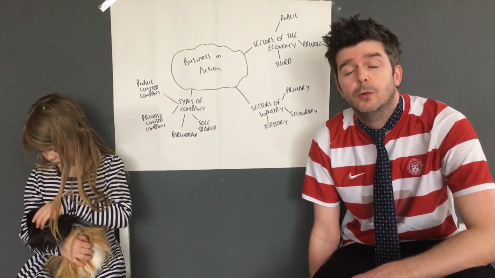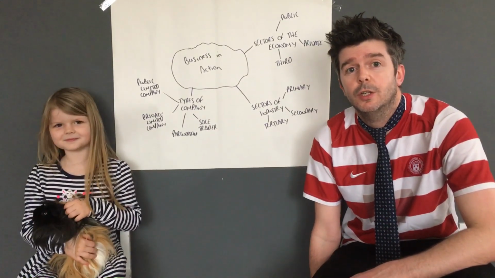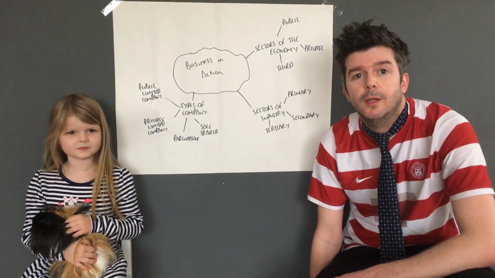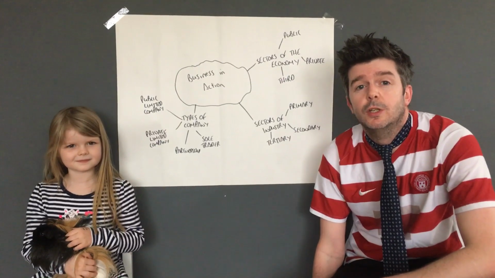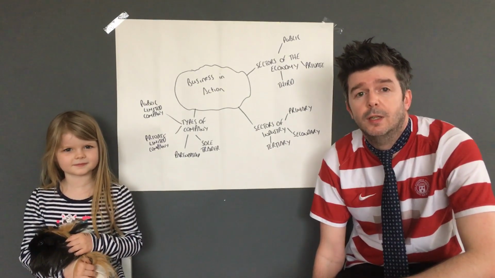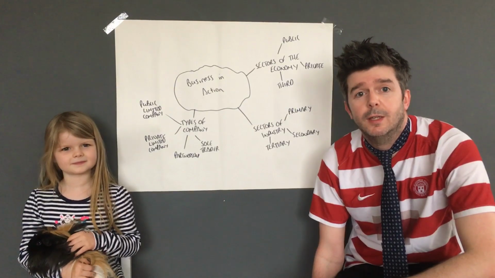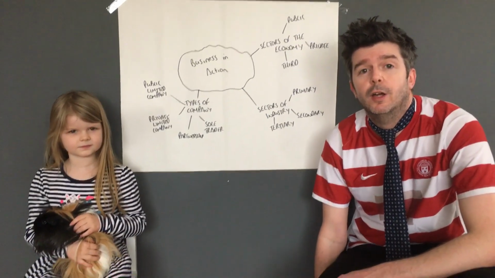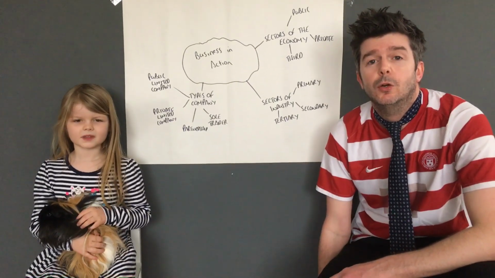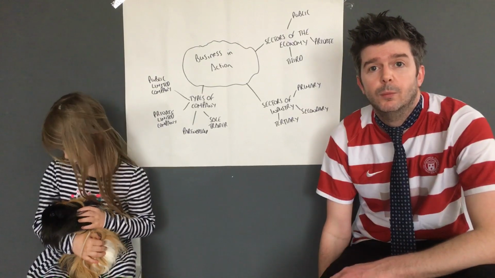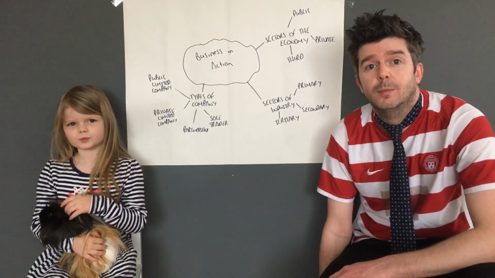The second thing we're going to talk about is sectors of industry. And as you can see on the spider diagram behind me, the three different sectors of industry are primary sector, secondary sector and tertiary sector. Okay? So primary sector are businesses that extract raw materials, things like farming, fishing, coal mining, oil exploration, where they actually take things out of the ground, would all fall under primary sector businesses.